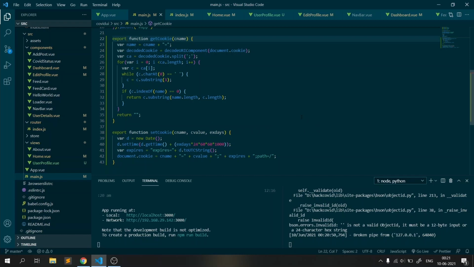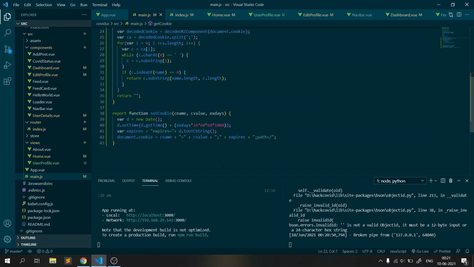So let's see first, we will take a look at the set cookie function. Set cookie function doesn't do much if you don't have an expiry date, but as we need to safeguard our cookies as well, here we have added an expiry date function. That creates a new JavaScript date object and sets the date and time in it according to the expiry date function that is passed into it, right?